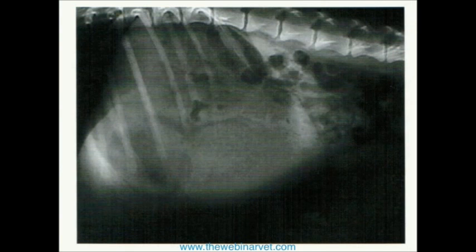Now this radiograph, I hope you guys can visualize this line kind of going through the middle of the stomach. This is a dog that has a gastric dilatation and volvulus that is fluid distended. So the fluid is making it harder to discern